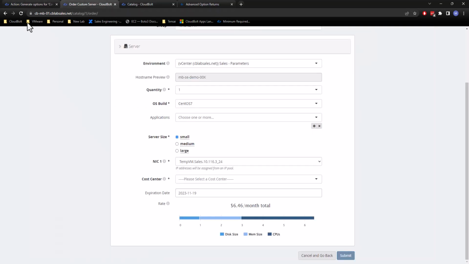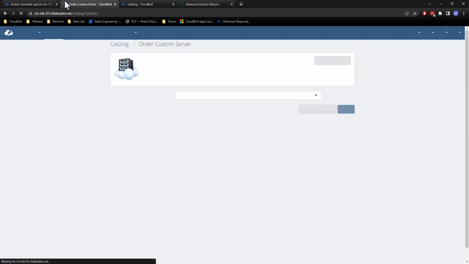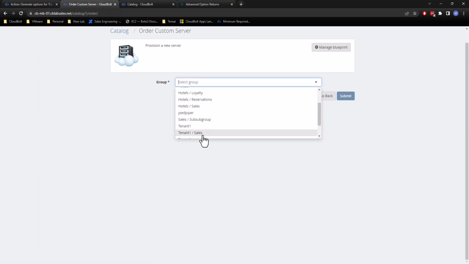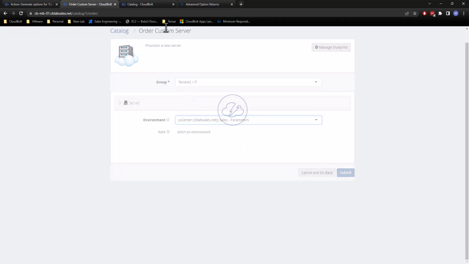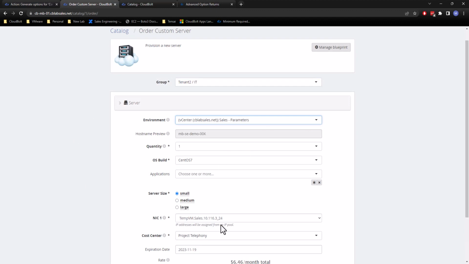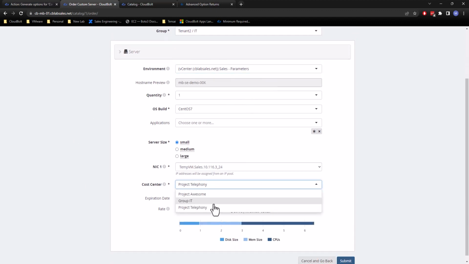So let's go back over to custom server. Hopefully it's refreshed in time, so we're not doing it twice again. And let's see, project telephony is now my default. So notice my third option is now the default option. So a lot of things we can do before we even start to talk to any kind of REST API